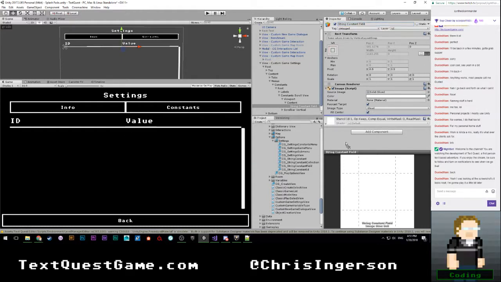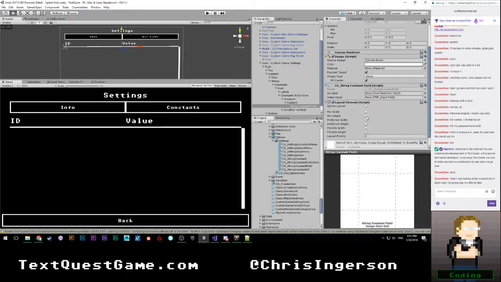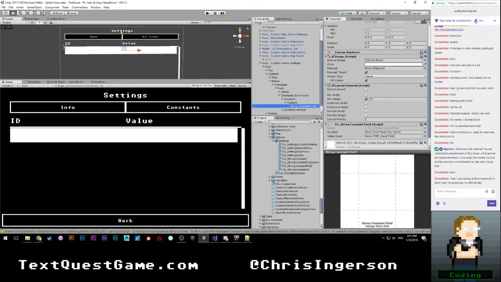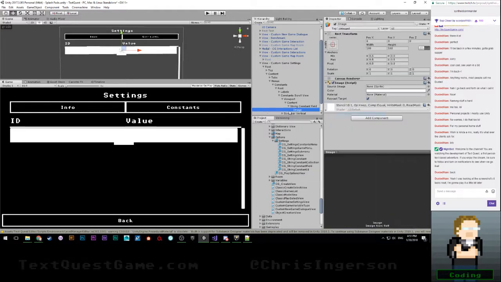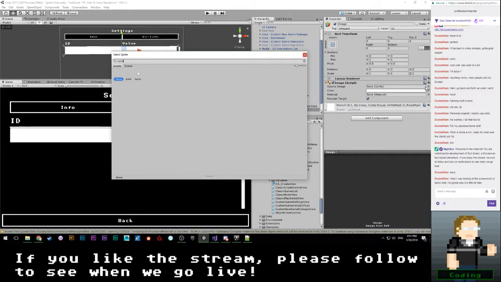So let's go ahead and add this. Now, in addition to that, we are going to need to add a layout element. So layout element, it's going to be a min height of 50. I get the feeling it's actually going to be way more than that. It's probably going to be something closer to like 75. All right. On top of that, we're going to add another image. Make it a solid again.